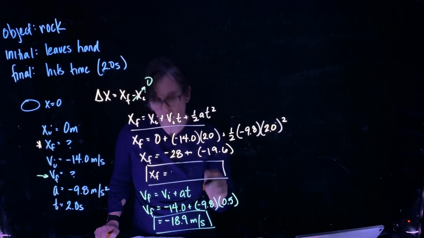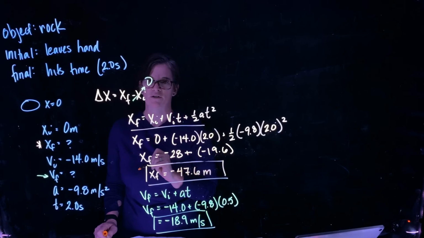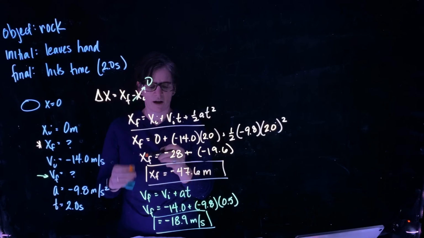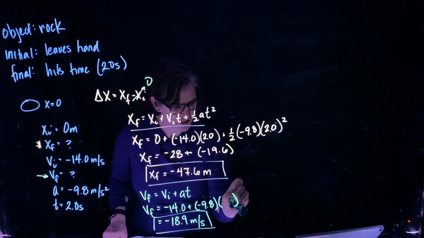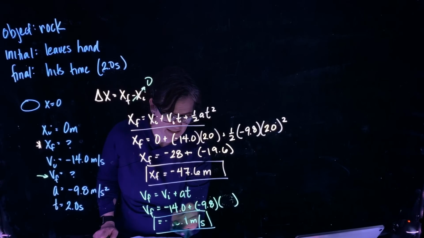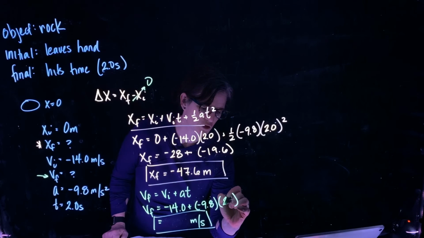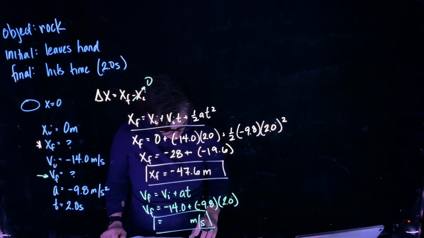And so we get a total displacement of negative 47.6 meters. And since our initial position is still 0, our final position gives us our displacement. Similarly, we change our velocity relationship to reflect it traveling for 2.0 seconds instead of half a second. And we get negative 14 plus negative 9.8 times 2,